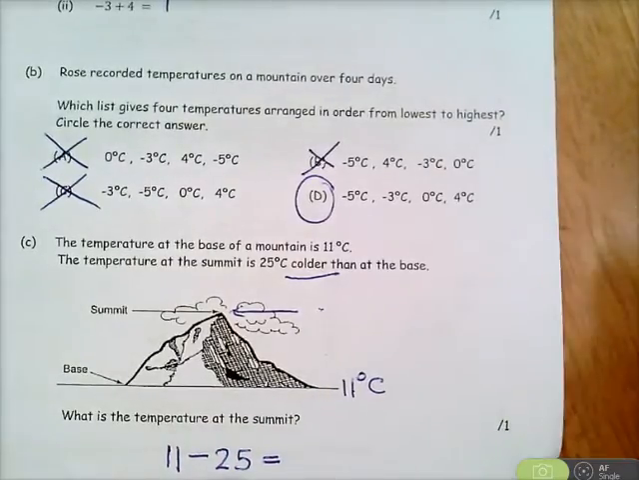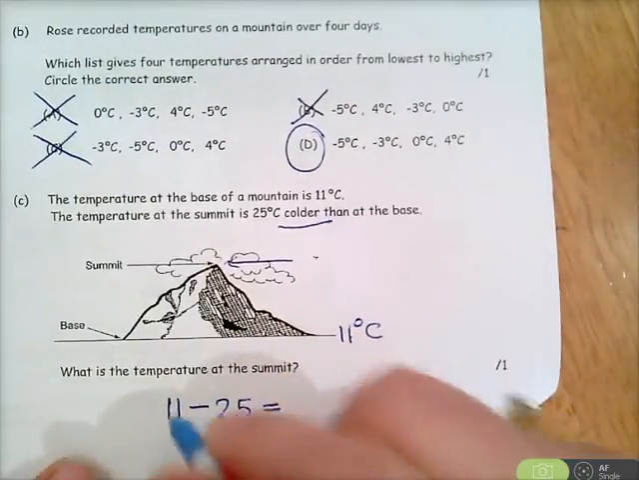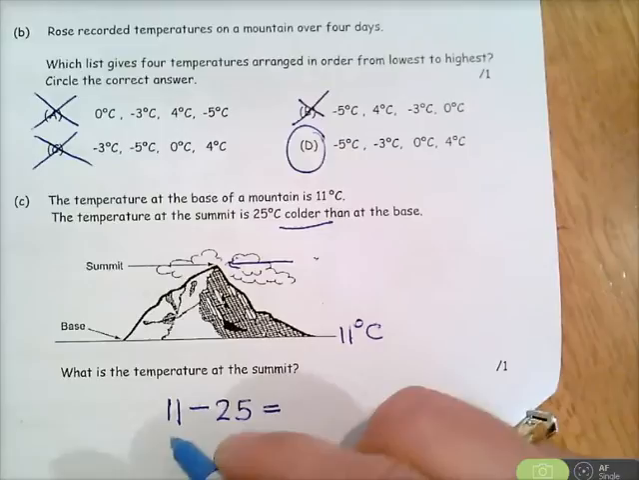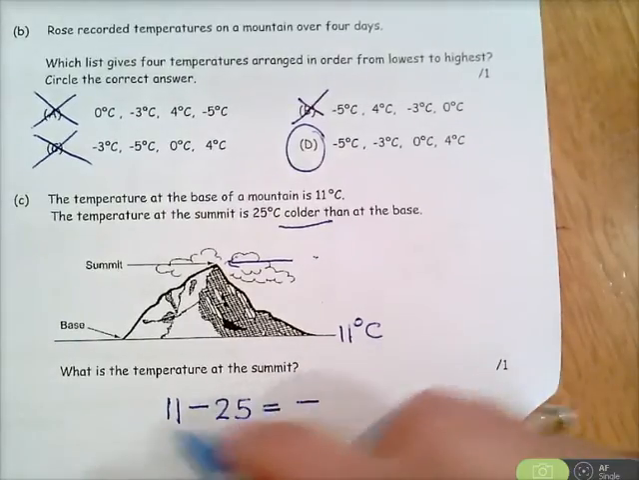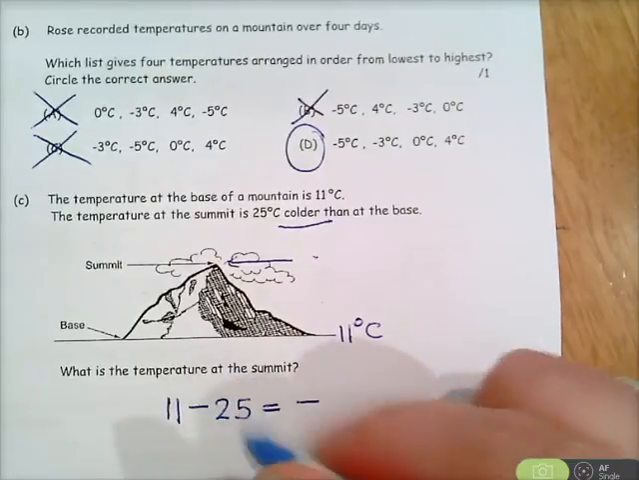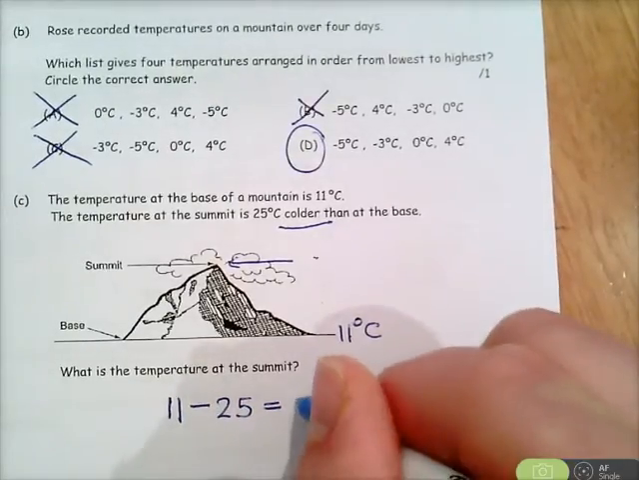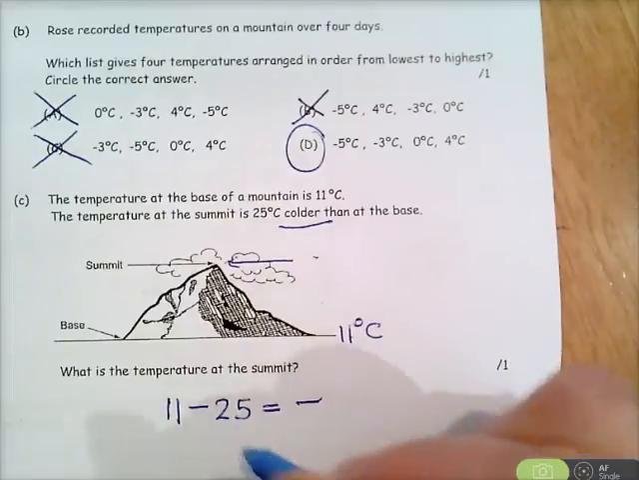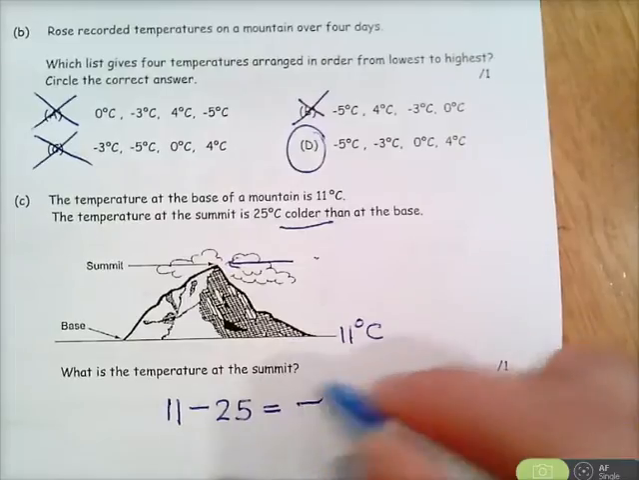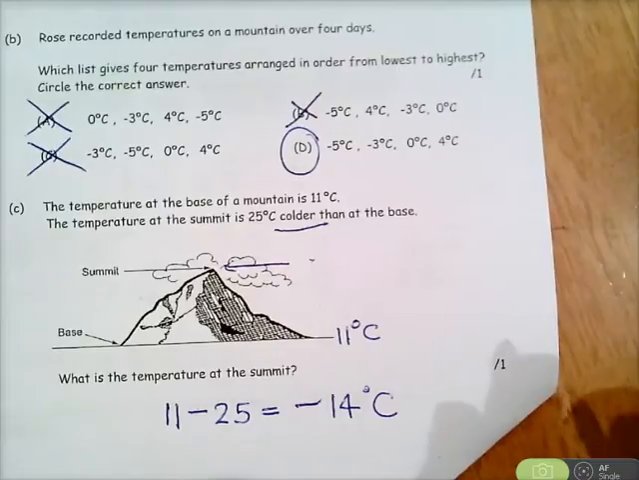Okay? Now, to do that, you've got 11 pluses and 25 minuses. So our answer is going to be a negative because you've got more negatives than positives. You've got 11 and you're taking away 25, so you're going below 0. So don't worry, you know that you've got a negative answer, so just write minus, and then you just find the difference between 25 and 11. And the difference between 25 and 11 is 14. So your temperature at the summit will be minus